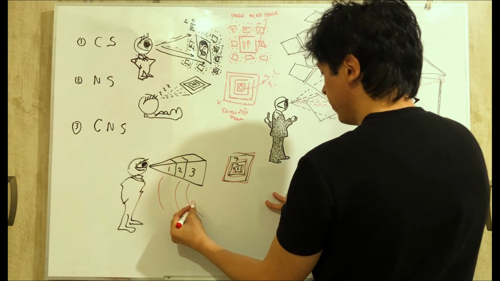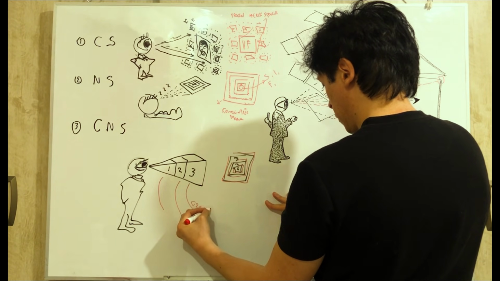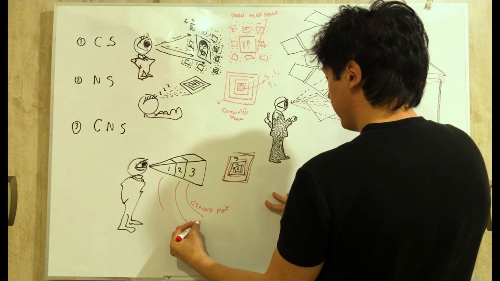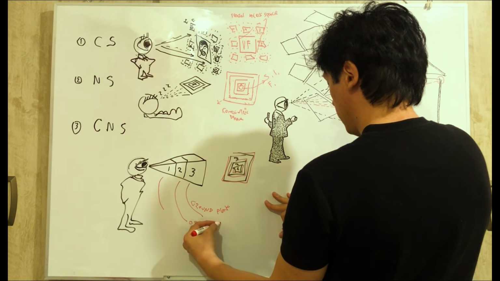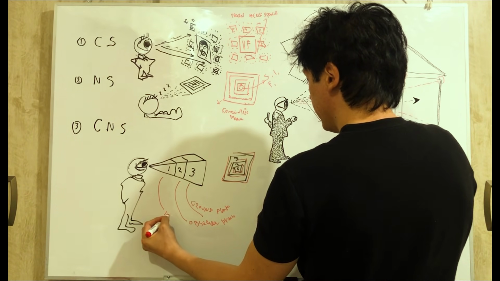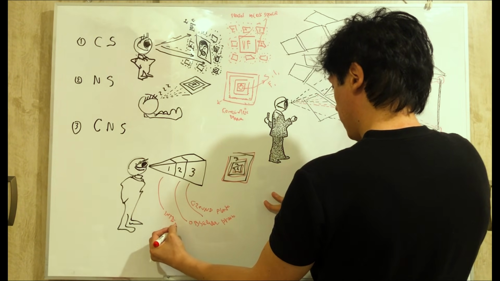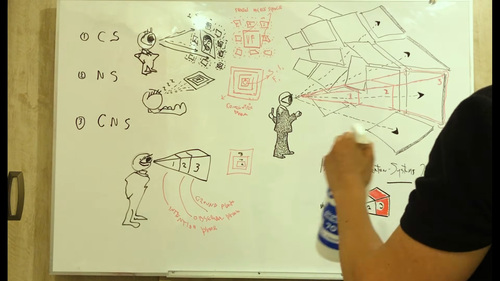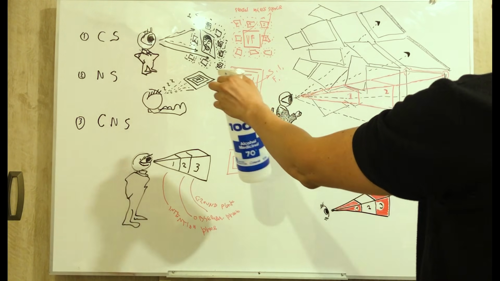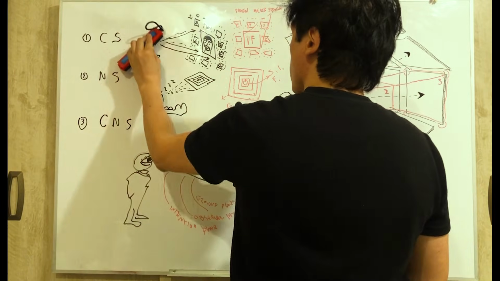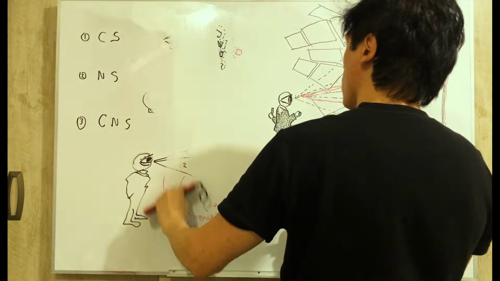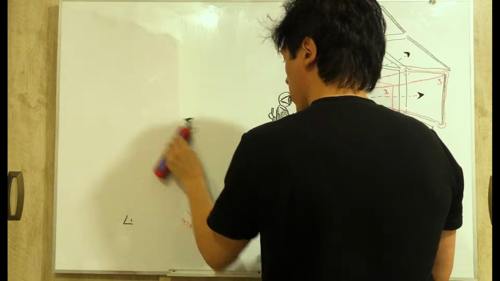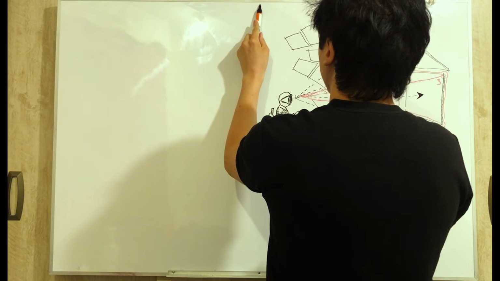We have the ground plane, the observer plane, and the intention plane. But how can you apply the master of visualization model in simple steps? You don't need to draw, you just need to be aware of that.